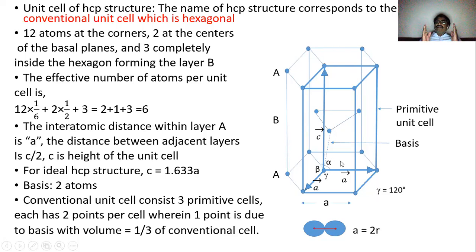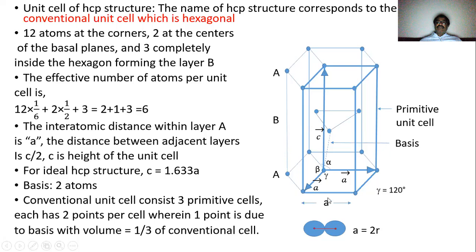Now, why do we consider a non-primitive conventional unit cell? The simple reason is it has greater symmetry as compared to the primitive unit cell. You will find that this conventional hexagonal unit cell has 3 primitive unit cells. One of the primitive unit cells is shown by the bold figure. Okay, so this is one unit cell, another one, second and third. So in this way, three primitive unit cells are arranged in a single conventional unit cell. Okay, so important one is the basal plane has site.